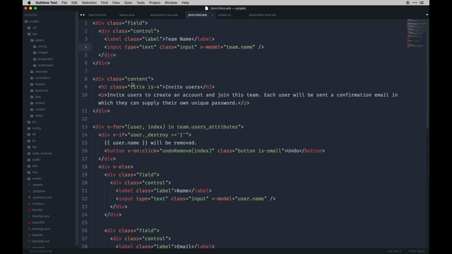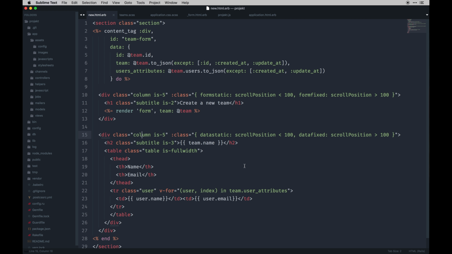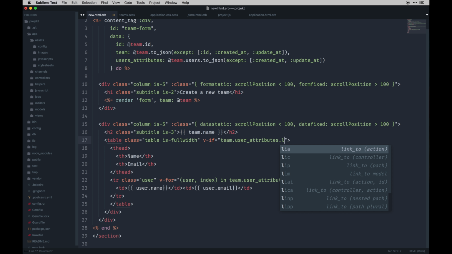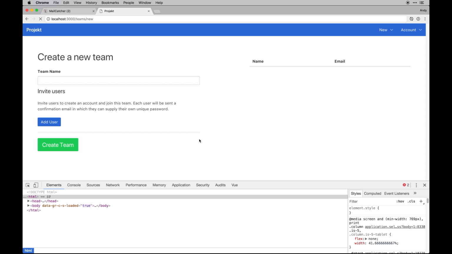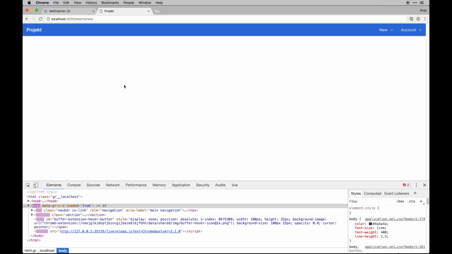So that's good. I'm curious why the table is showing, it shouldn't. Oh, okay. I forgot one thing, guys. It's v-if right here on the table. So basically just checking if the team has any length in the user attributes. So we can say team.user attributes.length. So that'll only display once there is any length to that form field. So it should hide by default now. And if it displays,